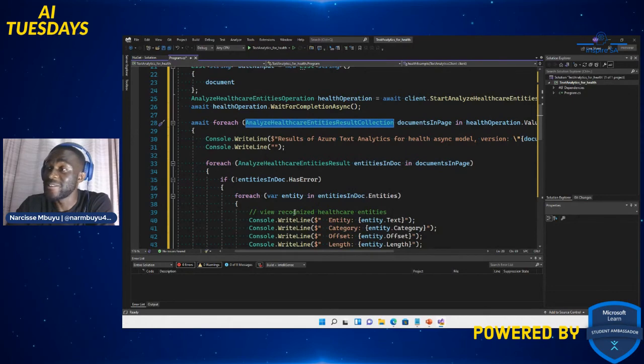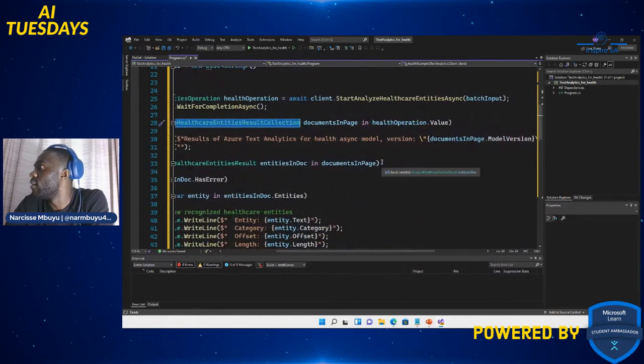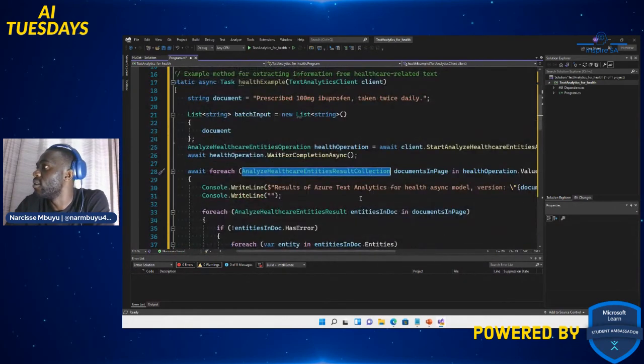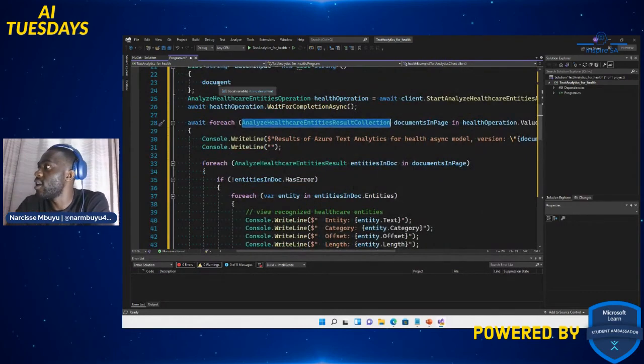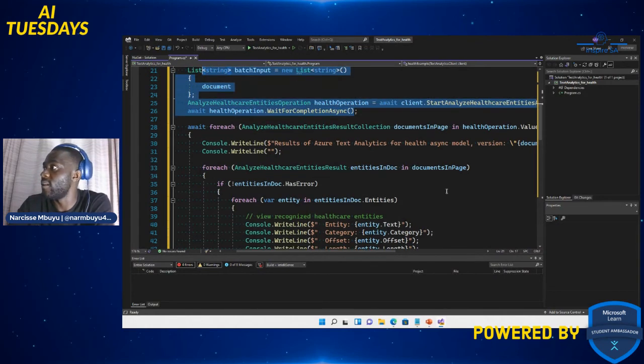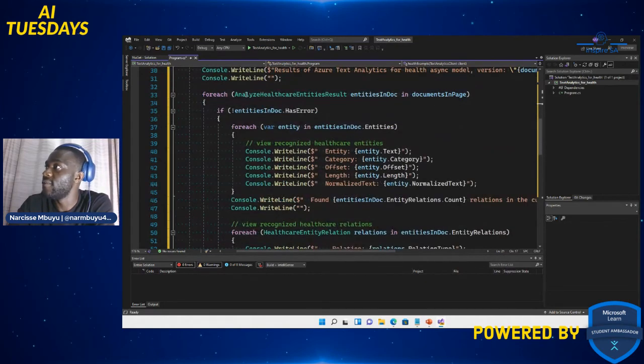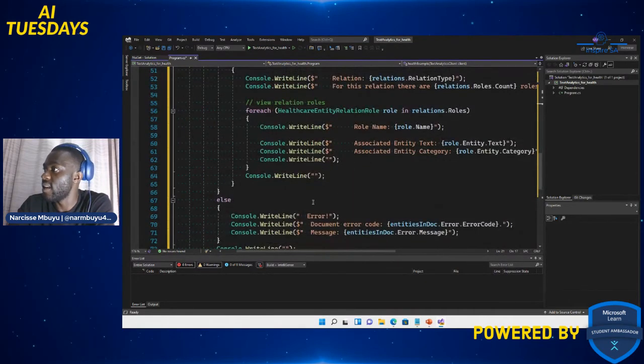So this is so much to grasp, but just read slowly, you'll understand it, right? So now it's analyzing the result in entities in doc. So where's entities in doc? Entities in the documentation that we have in document page. So it's all over here in this statement. If it does not have any entities, it's going to cause an error. So there's the error message. That's what it basically means.